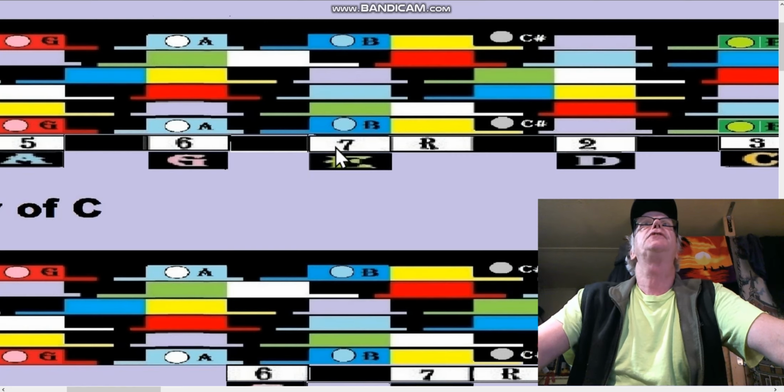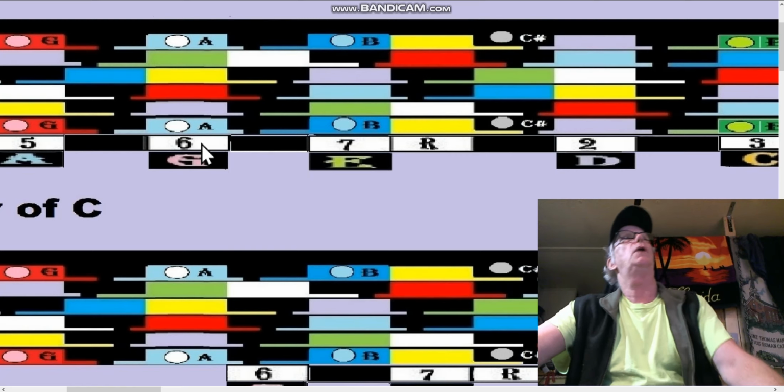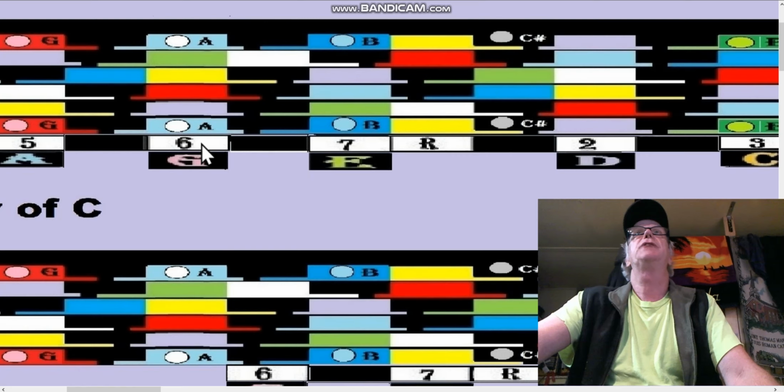So instead of 6, 7 root, when we got to that bottom string, we'd be counting root 7, 6. It works a whole lot easier, and I'll show you why when we get to the next segment. So we go up in string pattern fifths, but down in string pattern fourths with a diminished